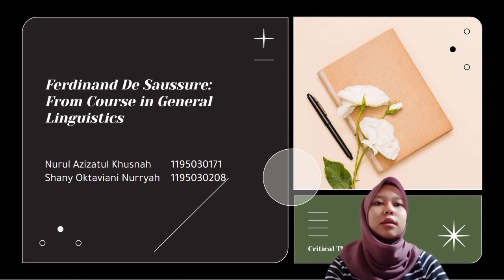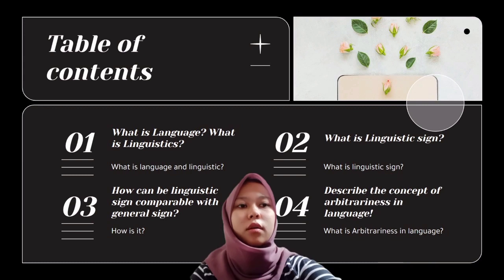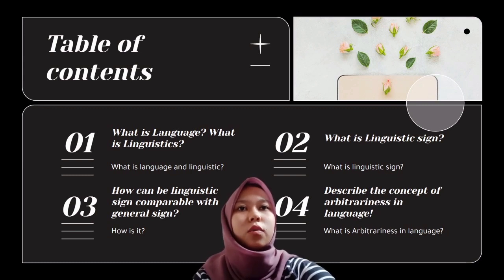We will discuss the course in General Linguistics from Ferdinand de Saussure. The members of the group are Nurul Azizatul Khusnah with student ID number 1195030171 and Shany Oktaviani Nurryah with student ID number 1195030208. Today we will discuss, first, what is language, what is linguistics, second, what is the linguistic sign,